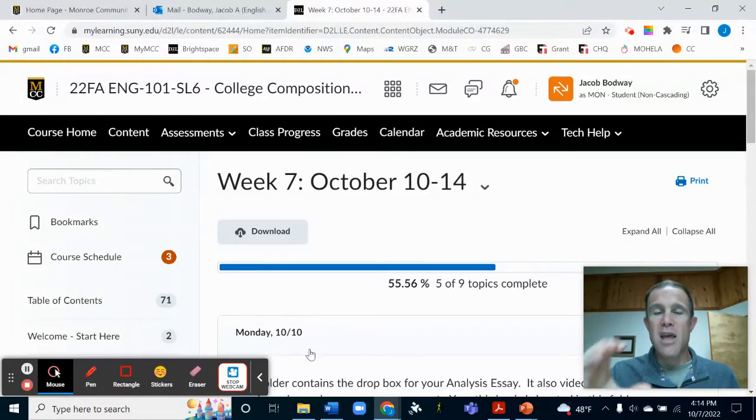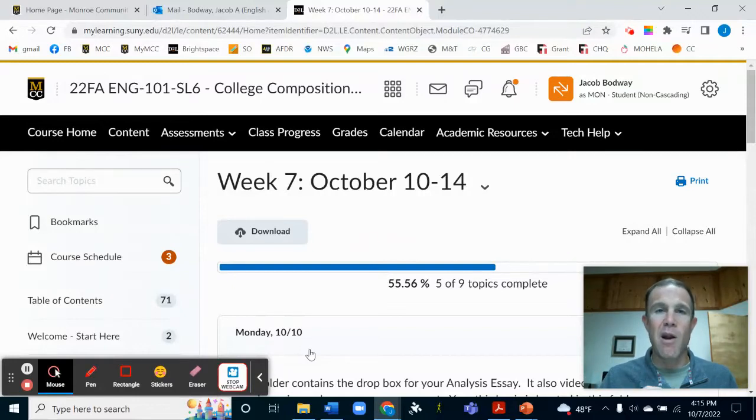Okay? Your next 3 paragraphs will then be analysis paragraphs. You will choose one rhetorical technique per paragraph and analyze how that rhetorical technique operates within his essay. Don't just simply state that he uses repetition. I need you to analyze how repetition helps persuade the reader. Okay? That's what I'm looking for.